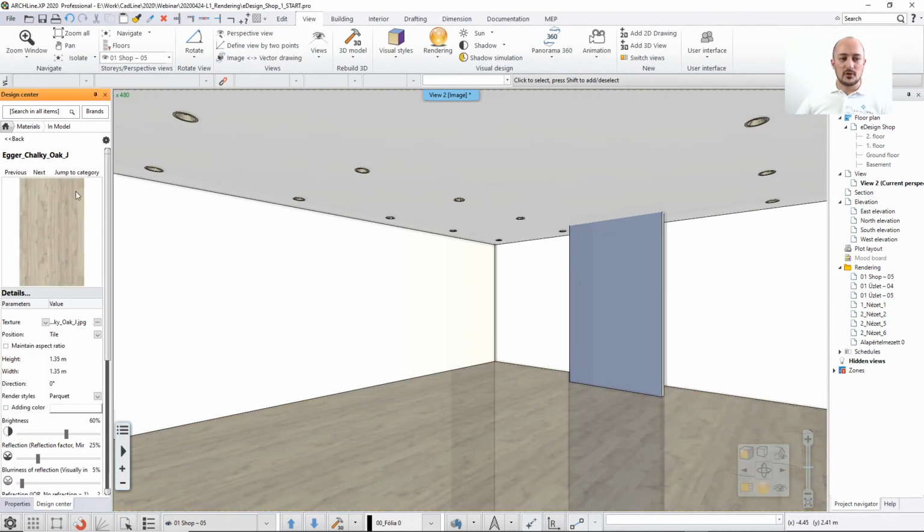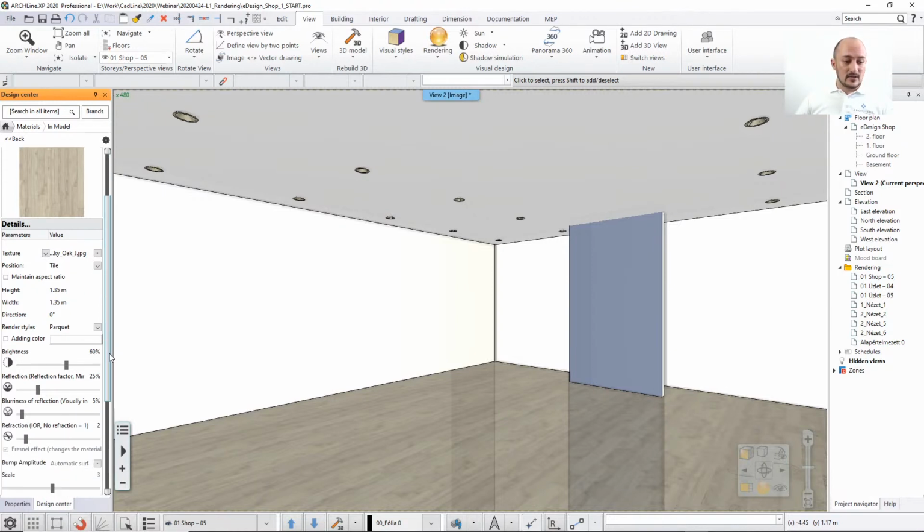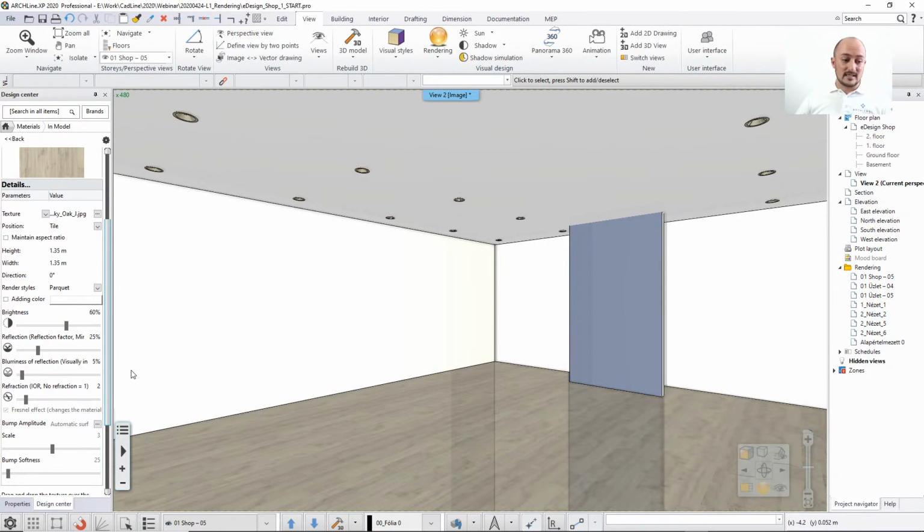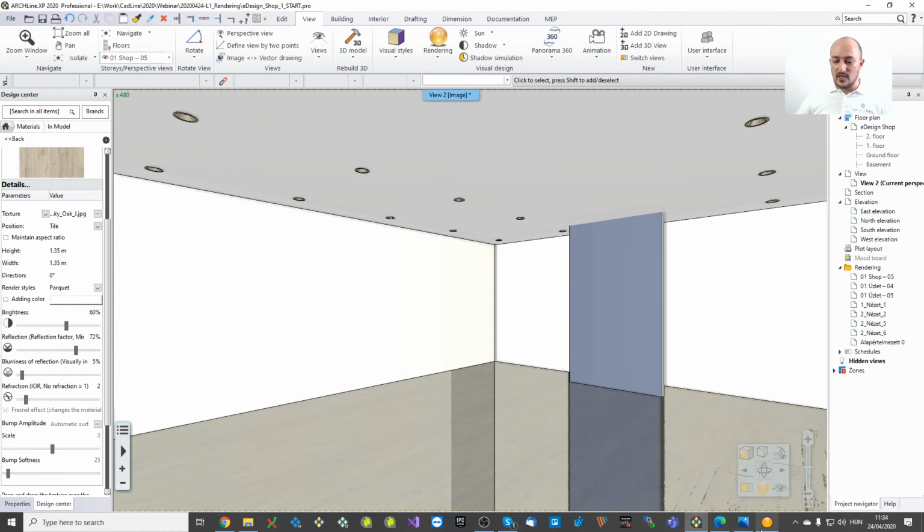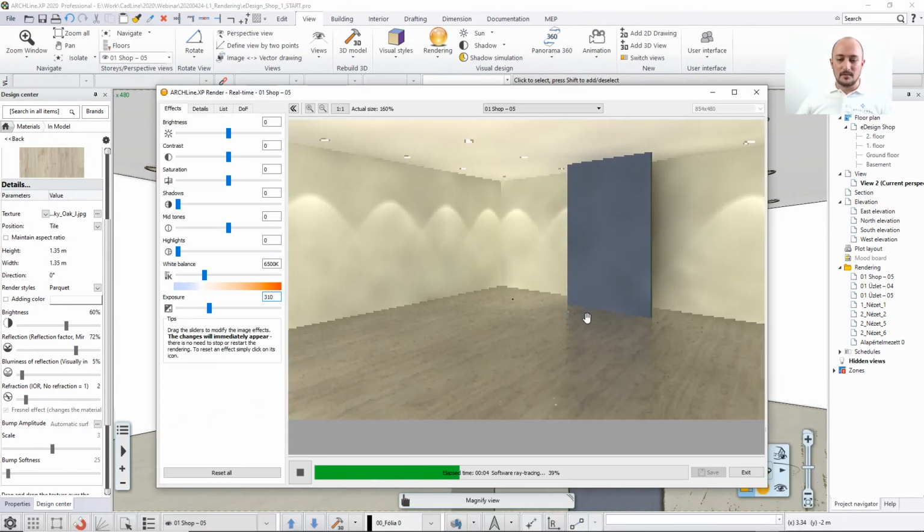Now the Find Material option finds the material, exposes its texture, its size, its rendering style. I can change the rendering style even from here, and I can just scroll down and see its brightness, its reflectivity, its blurriness, and so on. So let's see what happens if I dial up the reflection to something high as, I don't know, for example 70%, and let's just go back and check what happened. Now it's more reflective, but it has no clear reflection,